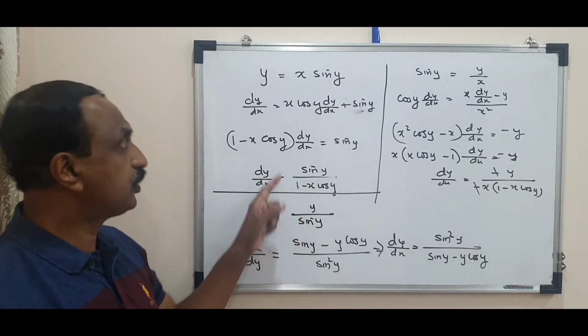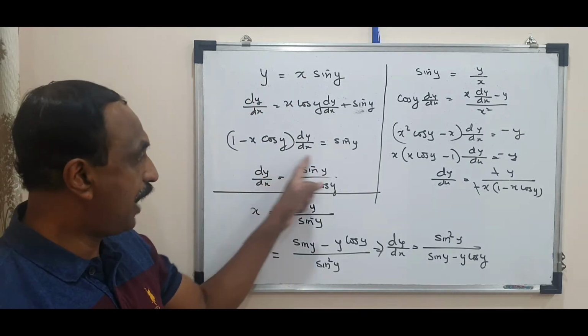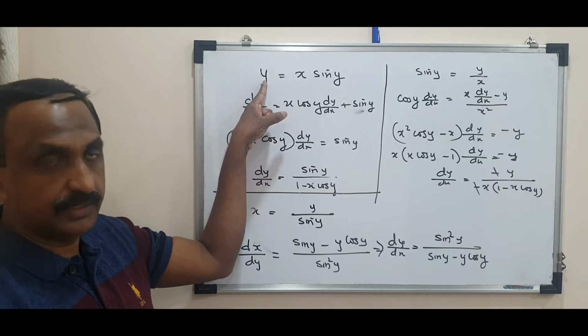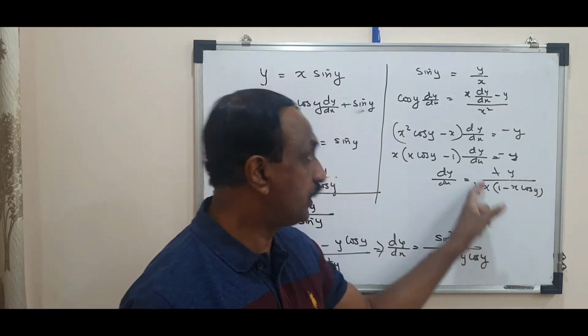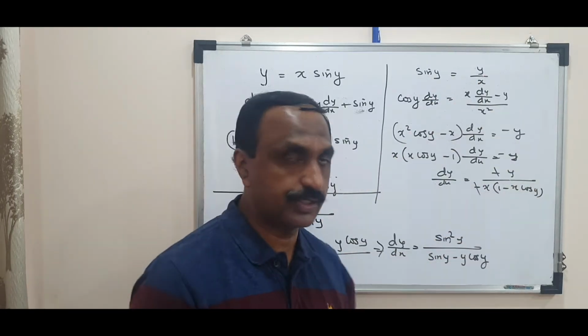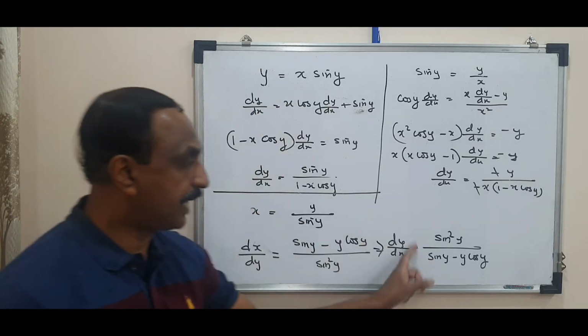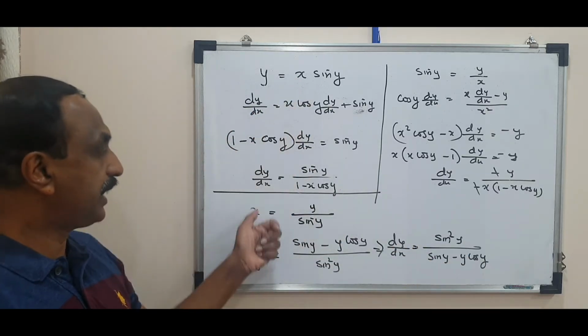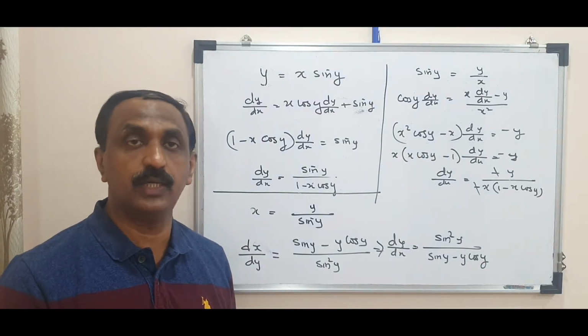Now, suppose they ask you, this is a function, show that dy by dx is this. I notice that y is not present in the answer, so make y the subject and differentiate. In this, I notice that sine y is not there in the answer, make sine y the subject and differentiate. In this, I notice that the question has got x, but the answer has no x in it, so make x the subject and differentiate. So these techniques need to be applied in this particular module.